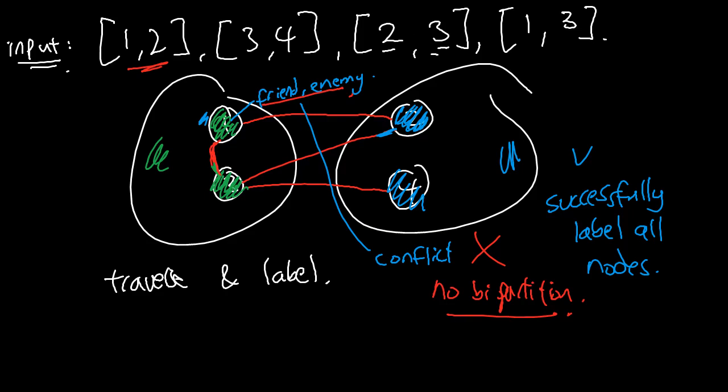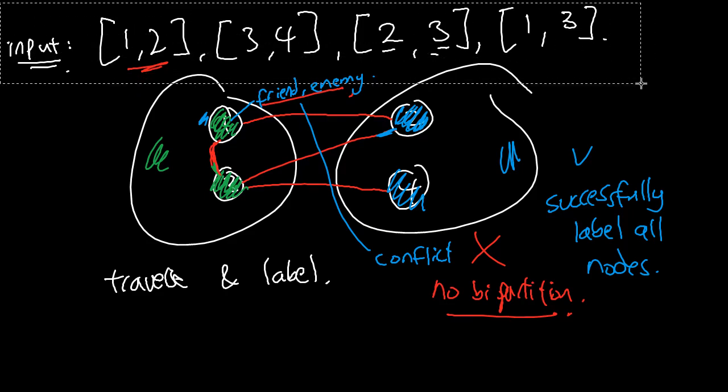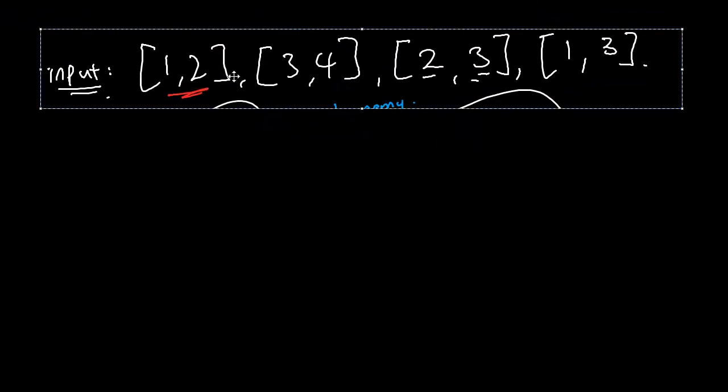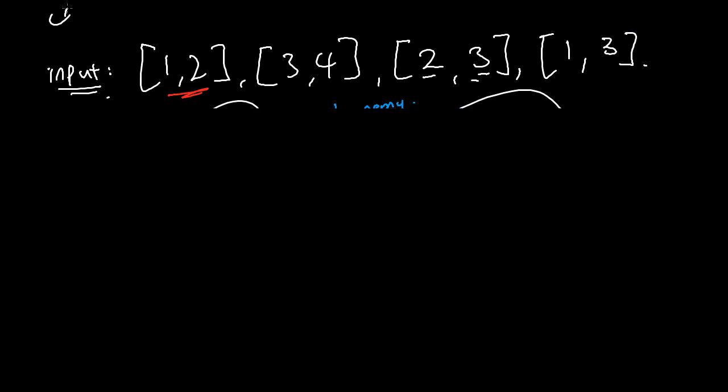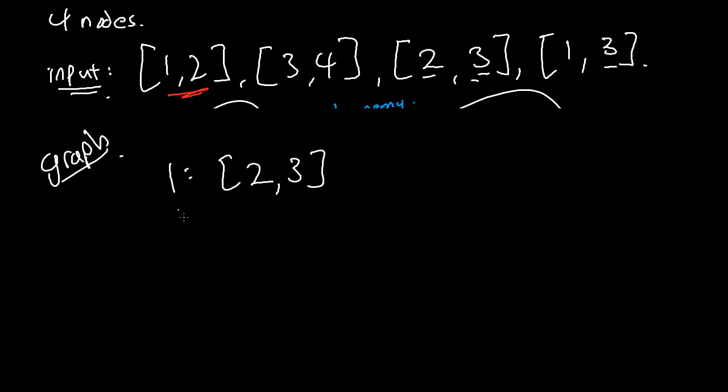So the first thing that we want to do is come up with a graph representation of our question, because our input is only that in this case there's 4 nodes total, and that these are the edges. So I want to represent this as a graph, and I'll use some sort of an adjacency list. So we'll have 1 here has an edge to 2, and also an edge to 3, and then 2